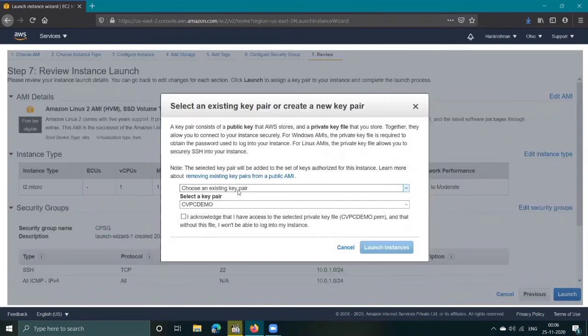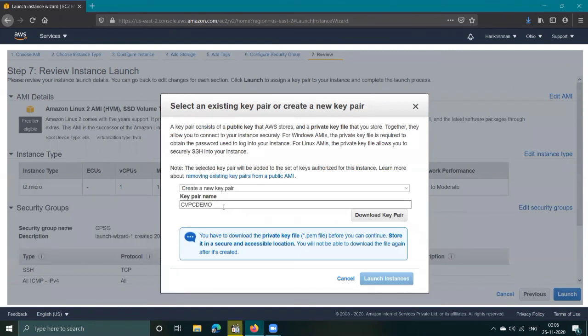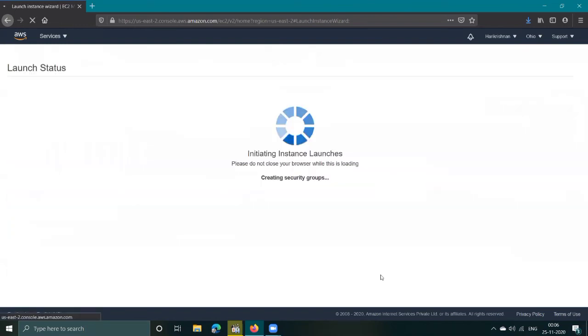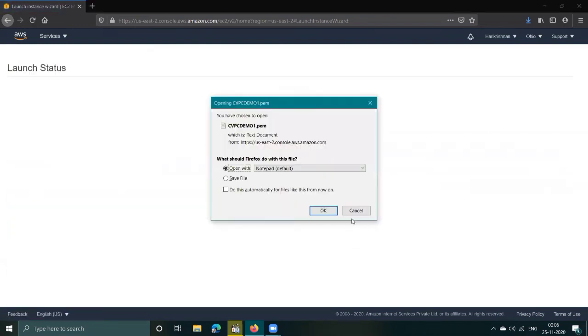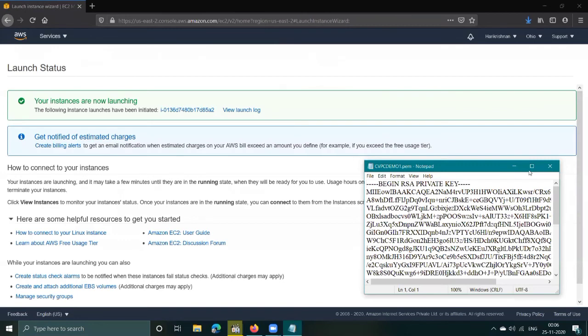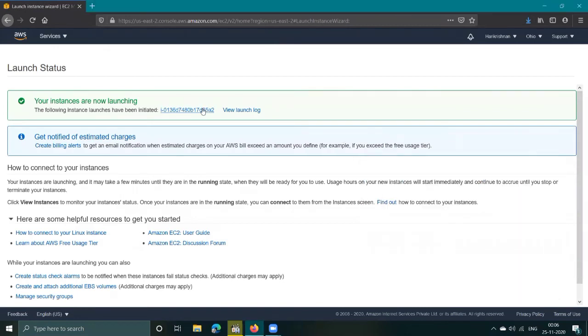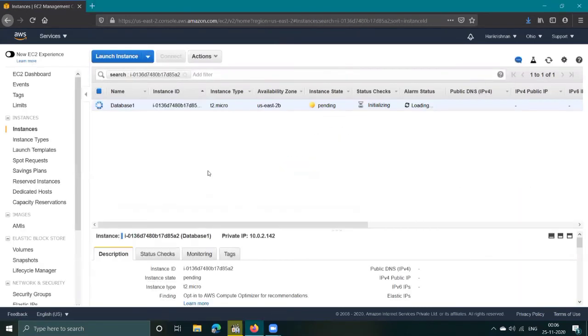Now review and launch. Launch the instance. Create a new key pair. Name it CVP demo 1. Launch the instance. See, our database instance is also created. It is initializing. Refresh it.